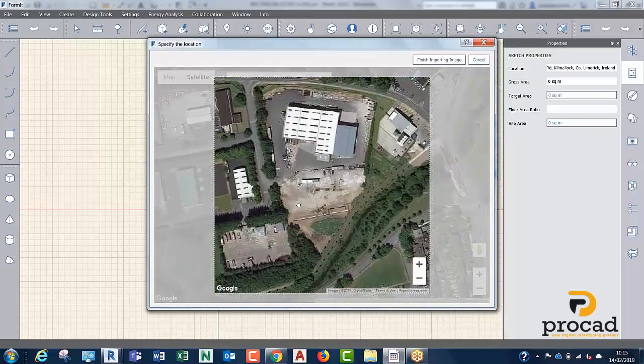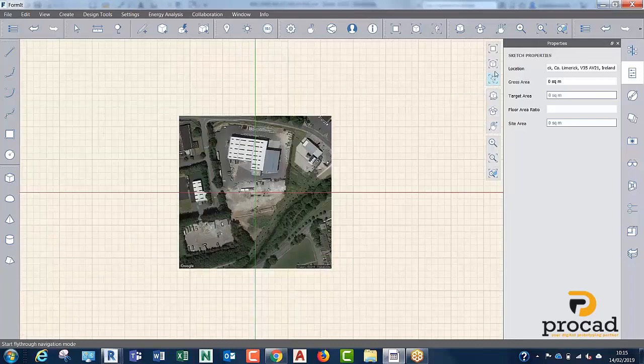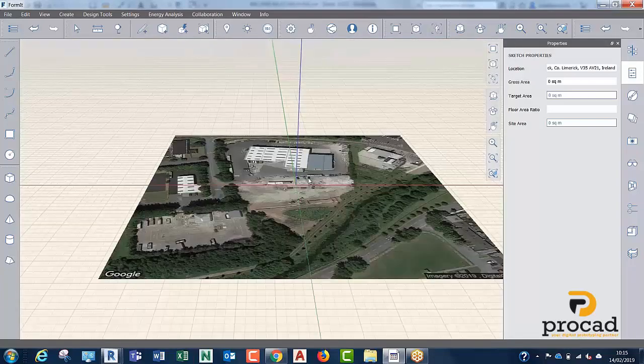So I kind of want to get some of the site context in as well, the river and the road around there as well, just to have an idea of what I'm modeling on. So that brings that in there. And because this is geolocated, as I said already, it brings in local weather information and local solar information as well. So you're able to calculate early stage solar radiation on your facade and roof. So if you need to reduce or increase glazing ratios, for example, you're able to see that at an early